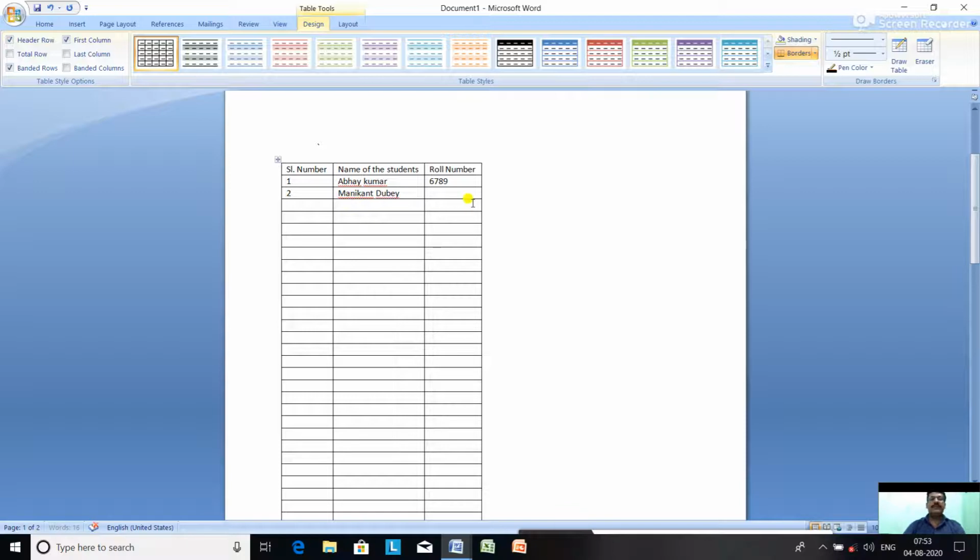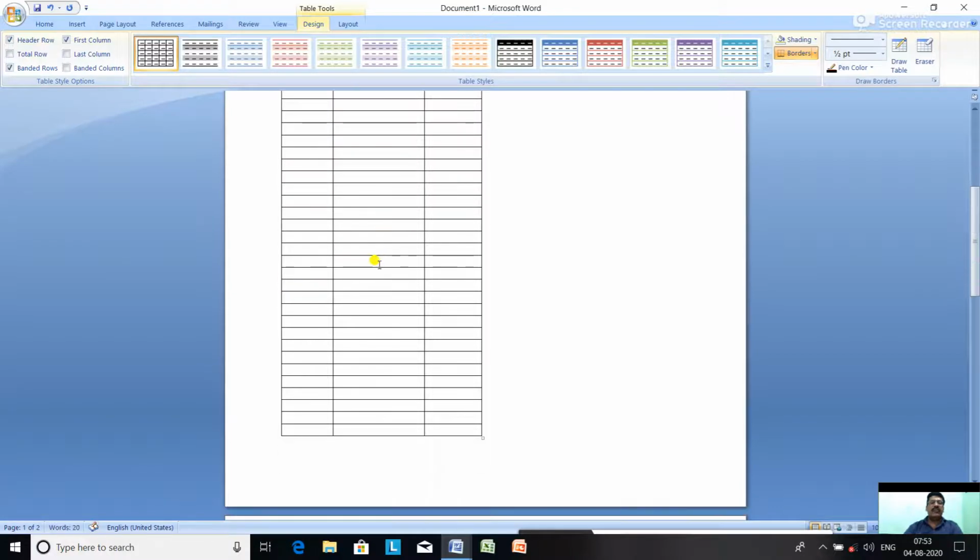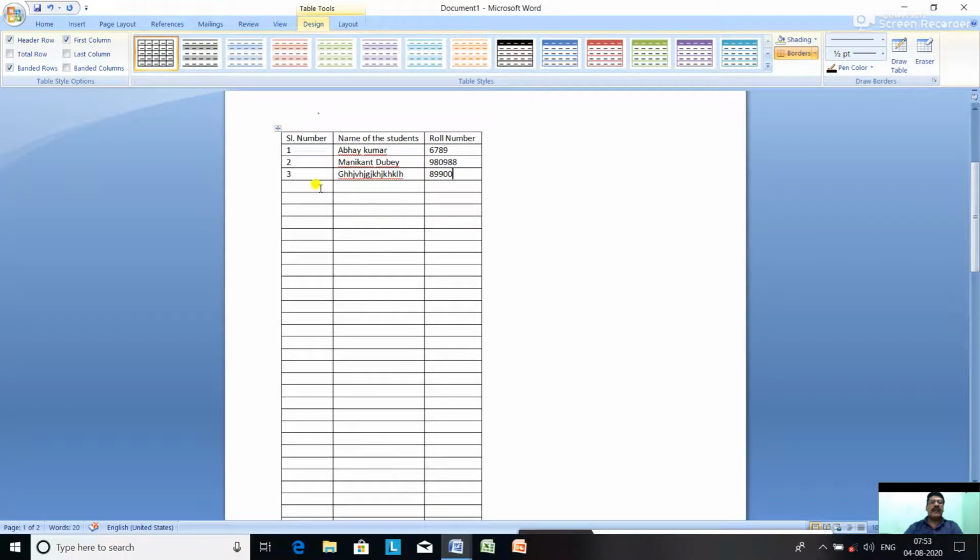Roll number, type any roll number. Same way, click on serial number 3. Go to the name column, type any name. Go to roll number, type any roll number. Like this, you can create your full table and type all the serial numbers, names and roll numbers of all the students in your class.